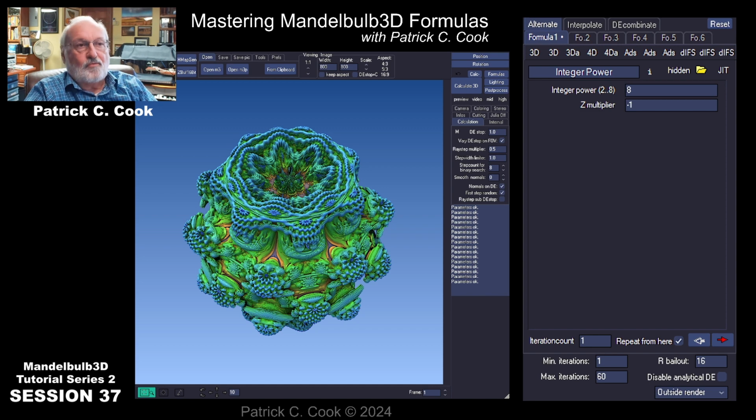Boy, we've come an awful long way here. We've talked about all the hybrid modes now, the alternate, the interpolate, the DEcombinate. We talked about the various formula slots, the formula categories. We've covered a lot of territory. Now the question is, well, what do we do with all of this? What do you say we dip in and see if we can actually build a Mandelbulb